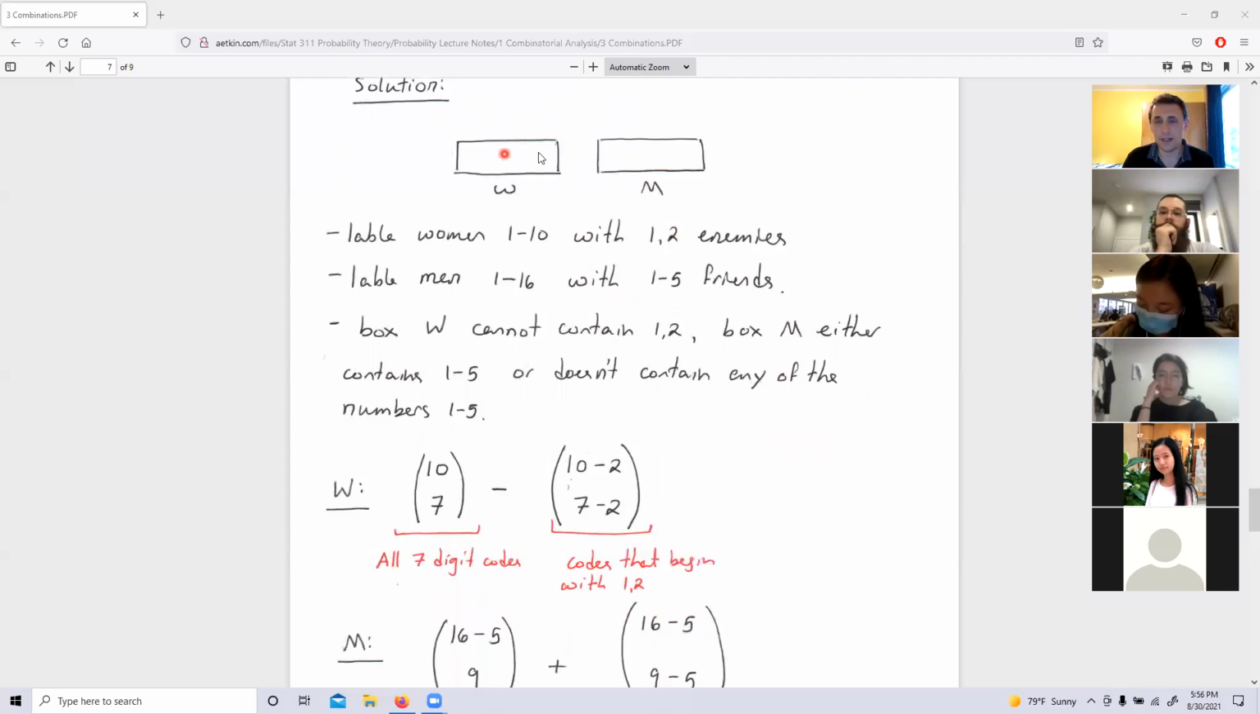How many ways are there to fill in women? Well, 10 choose 7 is all possibilities for women. Out of 10, we need 7. And we don't have the possibility of woman 1 and woman 2 together. So that's 10 minus 2, choose 7 minus 2. In other words, 8 choose 5. You agree? 8 choose 5 of the codes here will correspond to